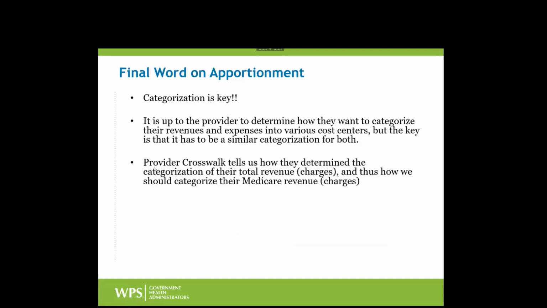The way you communicate that grouping to us, it's actually twofold. You have an expense and a revenue grouping schedule that, depending on the level of review, we might be requesting from a provider. But there's also the provider crosswalk that tells us how your Medicare charges were billed and how to group those back into those same cost centers.